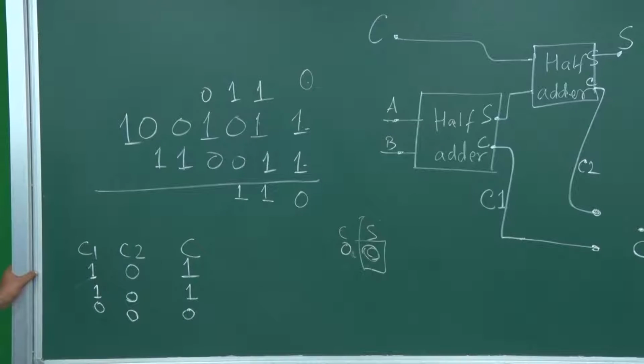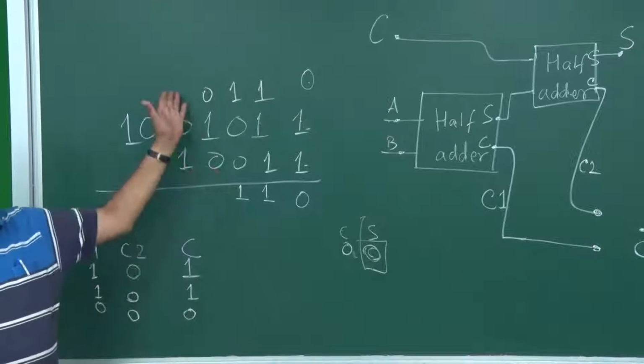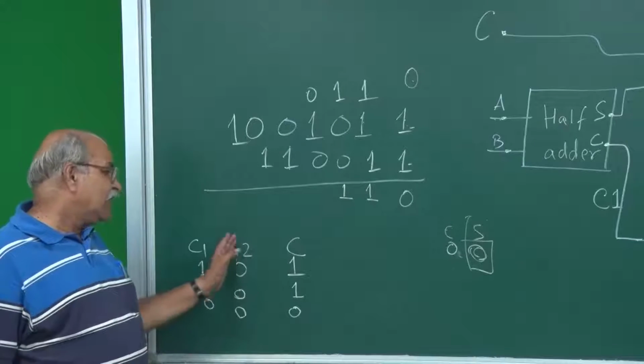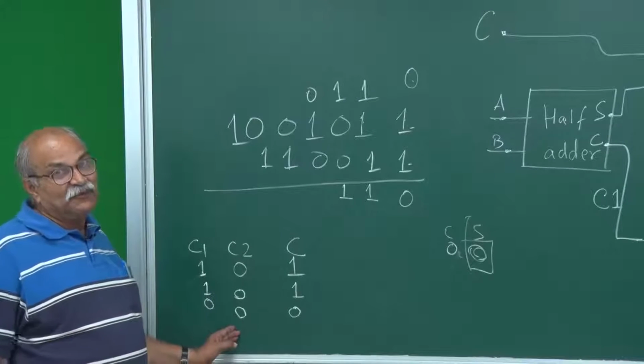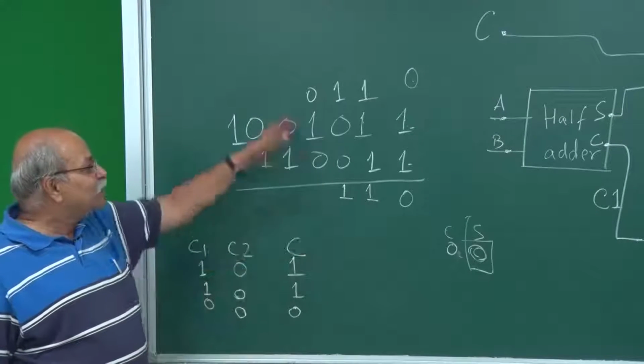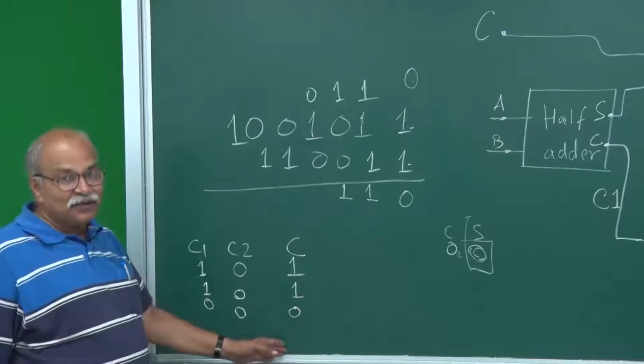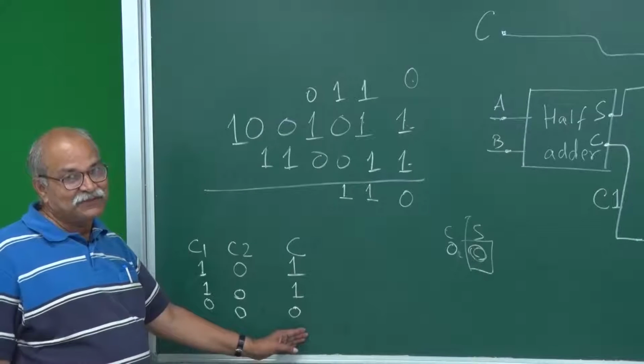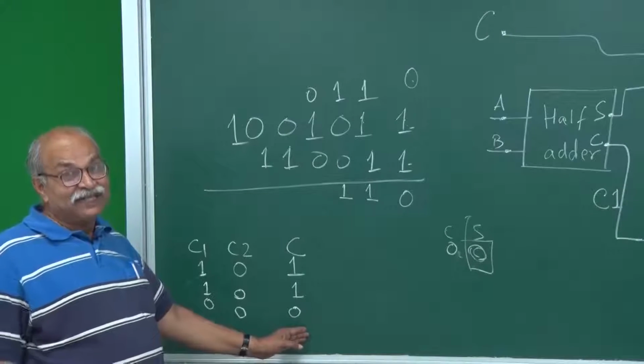Alright, so I think I have covered all the cases. 1 0 gives me 1, and naturally 0 1 will also give me 1. 0 0 will give you 0. What about 1 1? C1 is 1 and C2 is 1. Now, see if you can construct an example in which C1 is also 1 and C2 is also 1. And if you can construct such an example, then look at what final C is coming out, and then fill this row. This will be a very interesting and funny task. Try that.